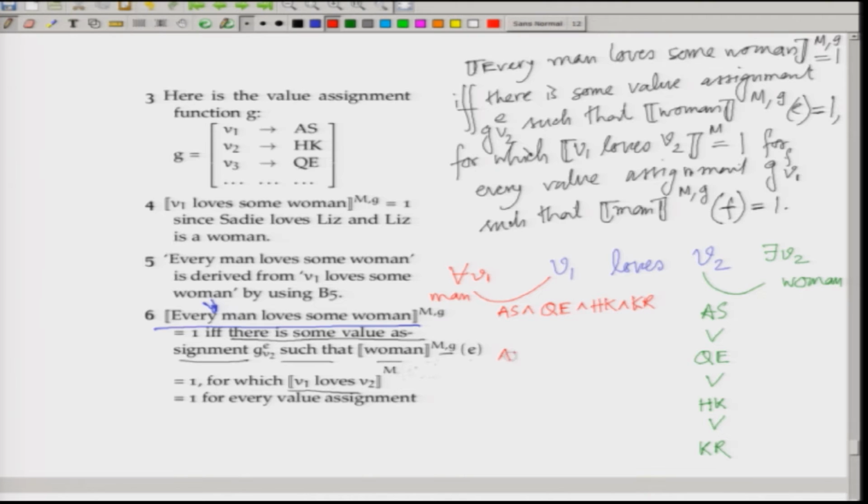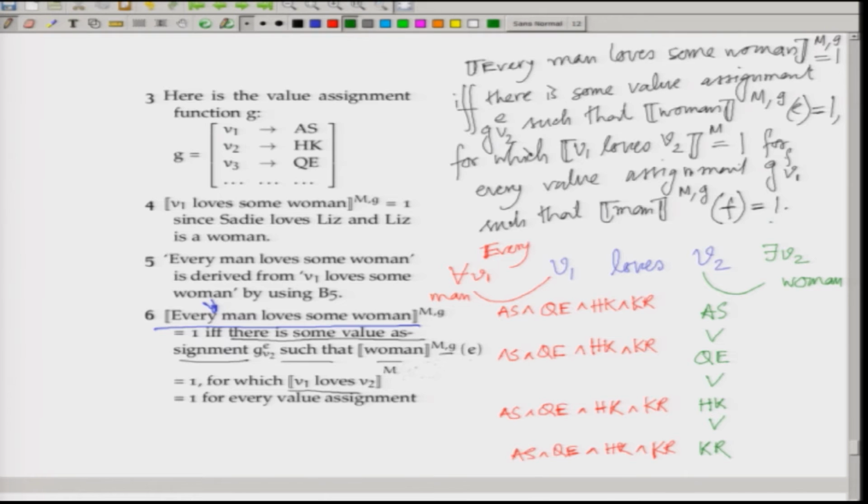Similarly, here A s and q e and H k and k r. Here same thing, K r and K r. Now, this is with and, because this is all, that is every, in other words every,